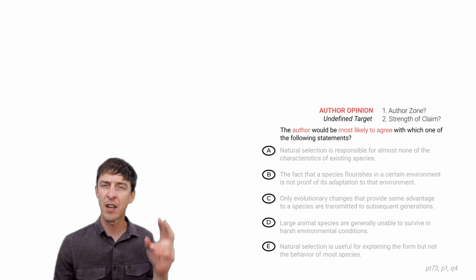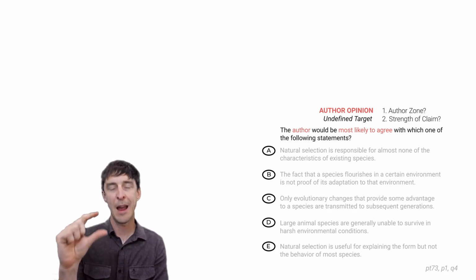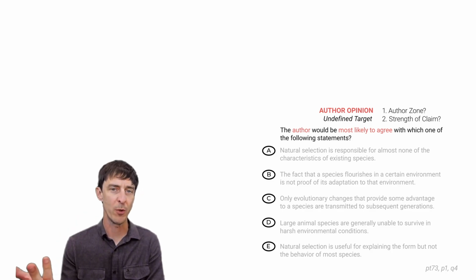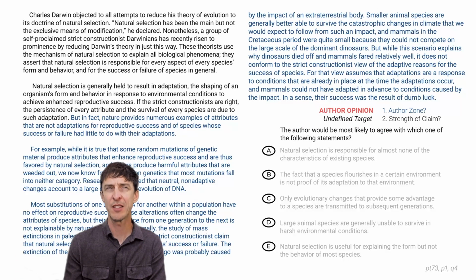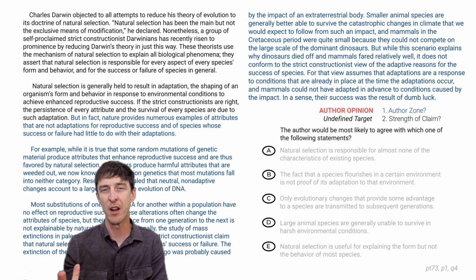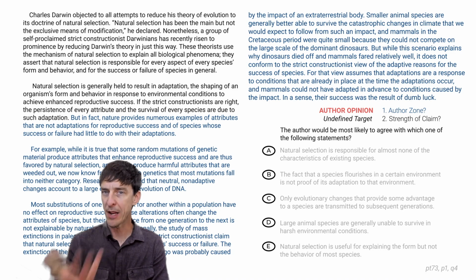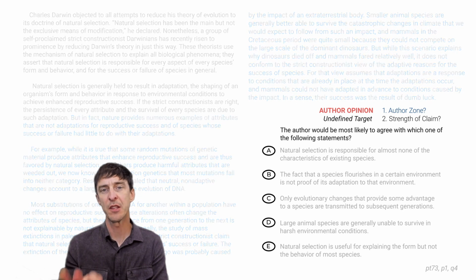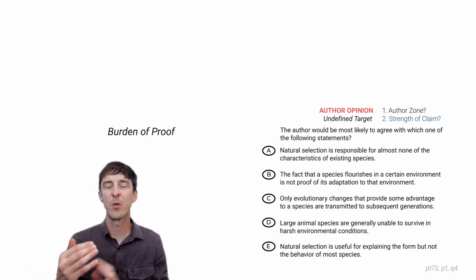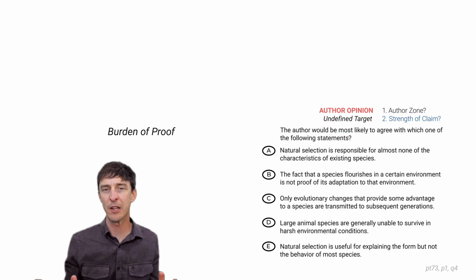Unless there was an author zone, meaning if there was one part of the passage where the author's voice really came through, you might reread that portion one more time. But in this passage, the whole third paragraph and the end of the second paragraph were the author, so that would be a lot to reread. The other way we can attack it is we go answers first, and we focus on the strength of the claim being made in each answer choice, so that we can just find the ones that make more moderate claims. They're more likely to be correct.